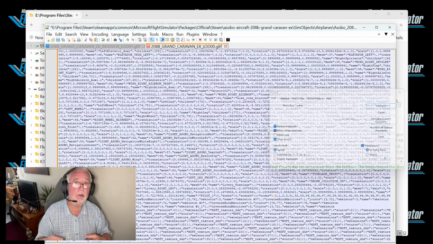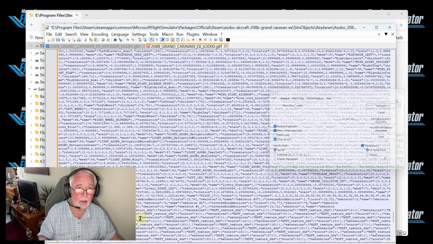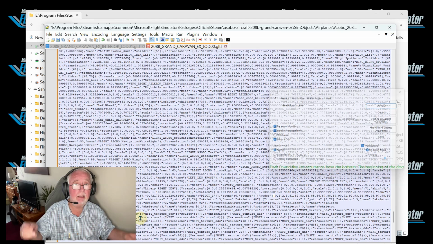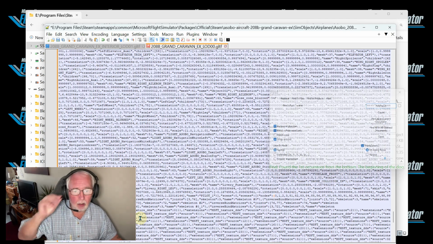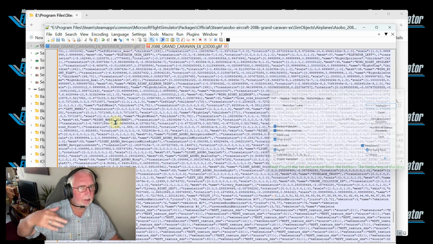So those two lines are all we need to show the Copilot. So it's that one where we copy and paste, or you can write it down if you want, or copy it and paste from a LOD 1. It doesn't always go the way the Grand Caravan goes. Sometimes it is in